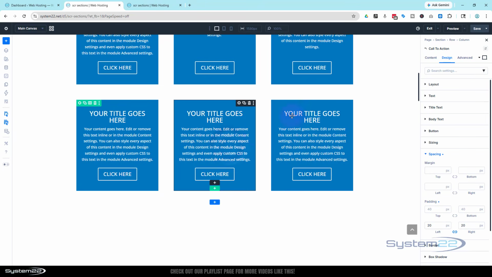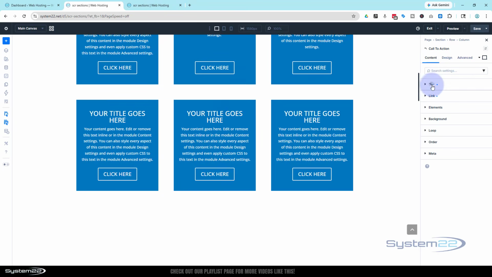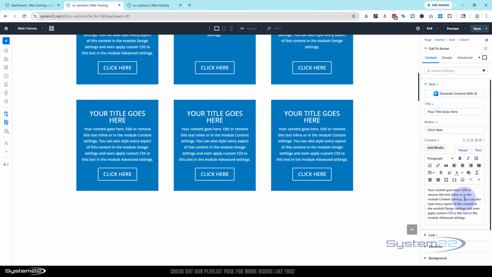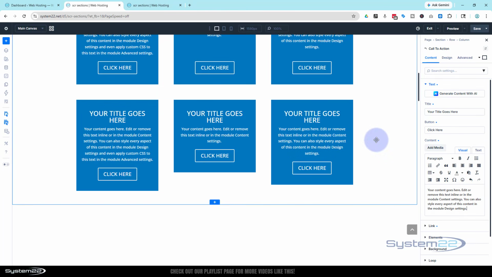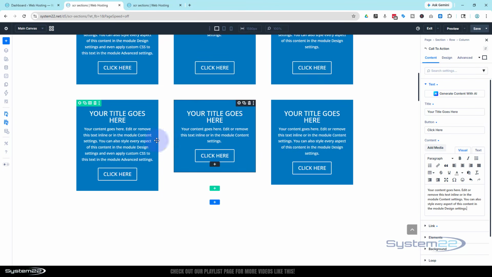Let's go into our second one. Let's make sure I'm in the right one here. In the text, let's just shave off a bunch of the text here. And we'll do similar for our third one. And let's perhaps shave it off right there. I'll put a period in there. Okay, well, at the moment, we've got them all different heights. I mean, they look okay, but it'd be really nice to have them the same height and everything lined up